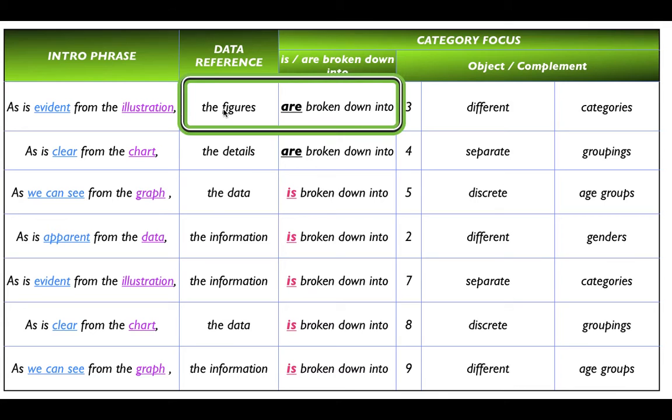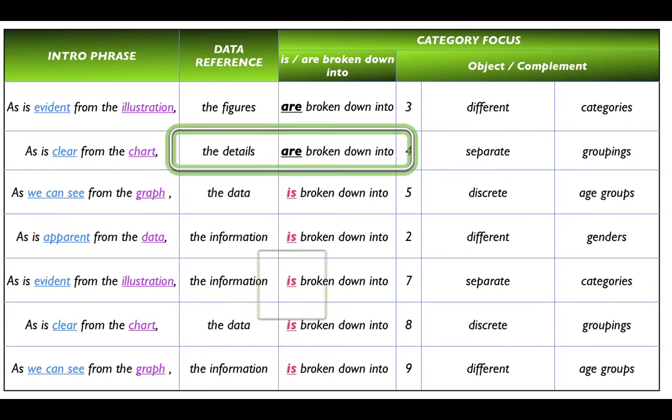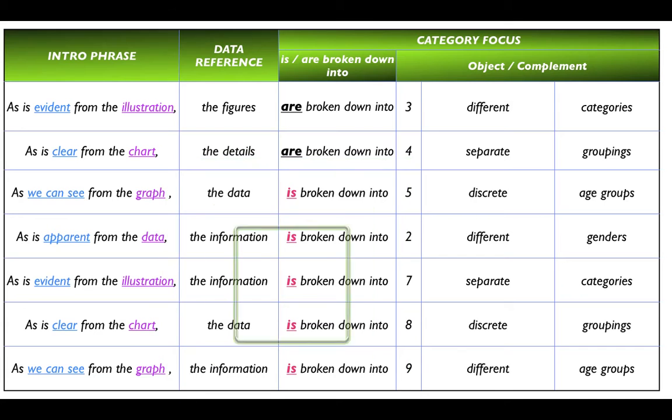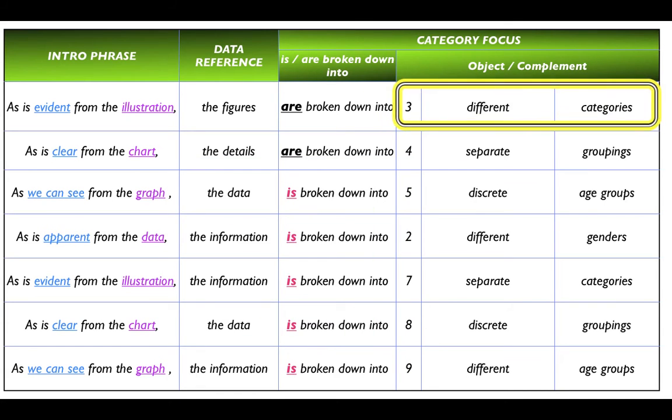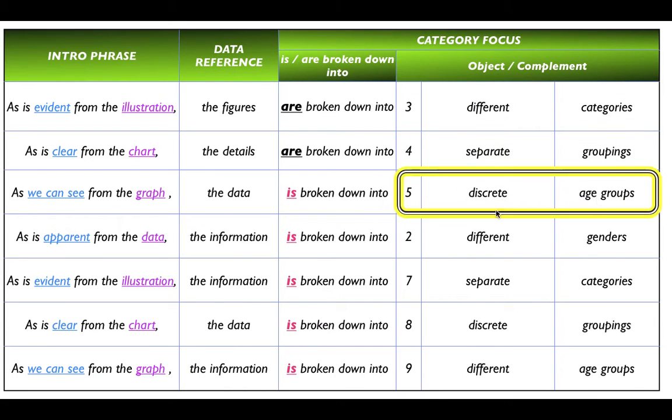Then we're going to say that the figures are broken down into, so figures is countable and plural, so you must say are. The details is countable and plural, so you must say are. But data and information is uncountable, so the data is broken down into, the information is broken down into. This is a very common mistake, so you must be careful on this. So be careful about that. And then you can say into how many categories. So into 3 different categories, into 4 separate groupings, or into 5 discrete age groups. Different, separate, and discrete